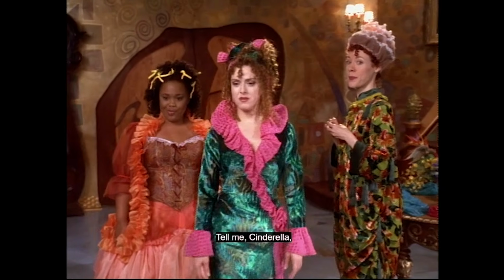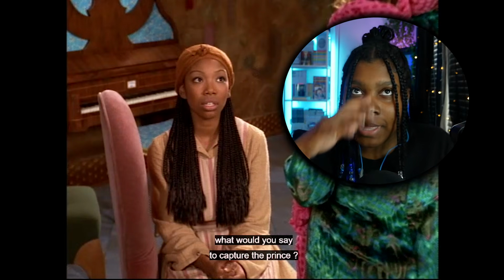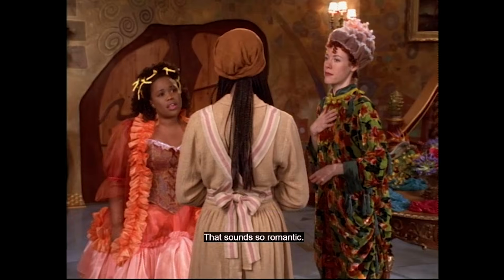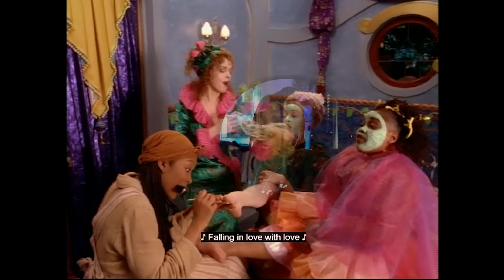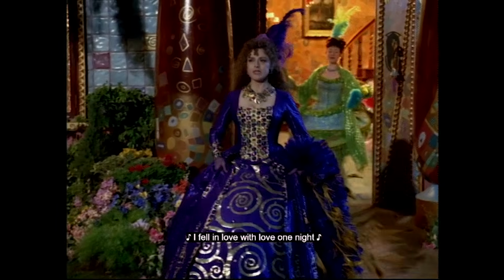Tell me, Cinderella, what would you say to capture the prince? I'm not telling y'all my secrets. Then he'd smile and kiss my hand. That sounds so romantic. Falling in love with love is falling for make-believe. Falling in love with love is playing the fool. Fell in love with love one night when the moon...